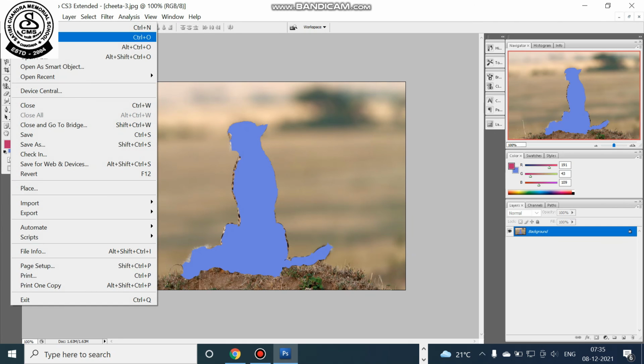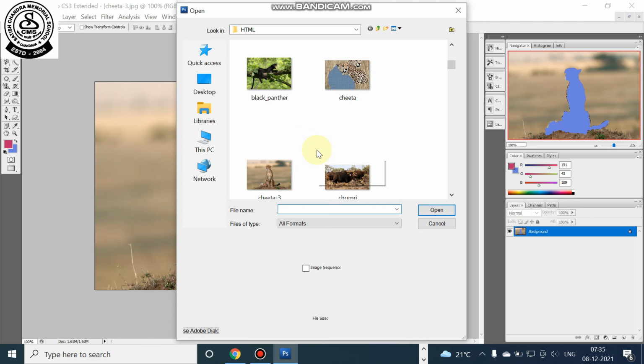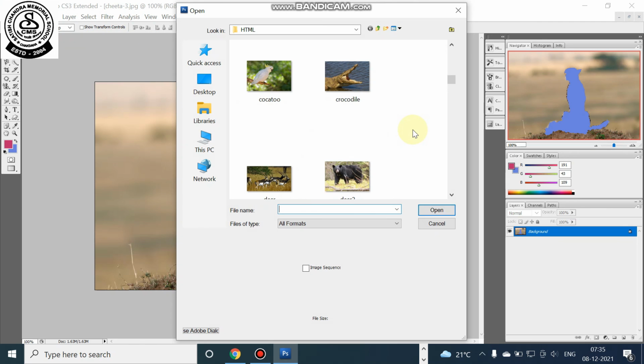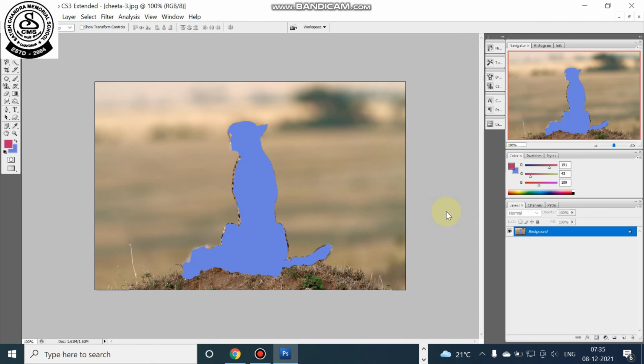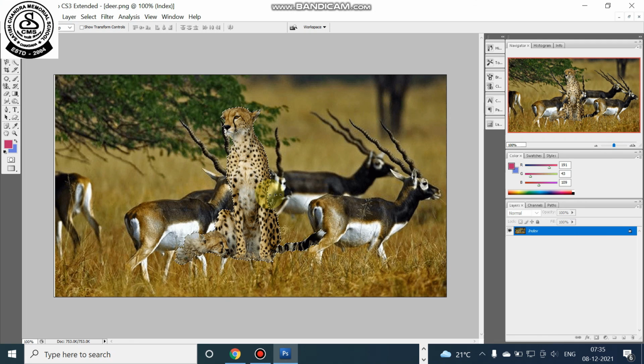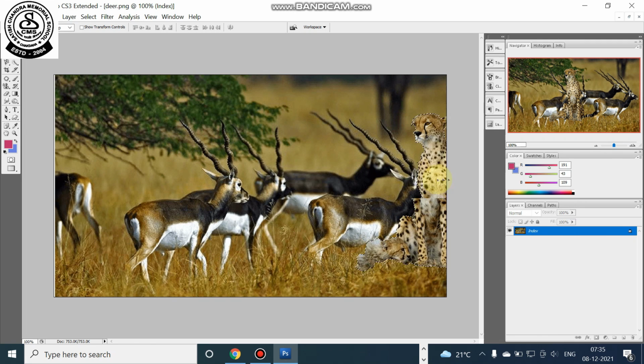Now you can bring another picture. I'm just bringing another picture. Suppose this picture we have added. Now you press Ctrl V and you can see that this is selected.